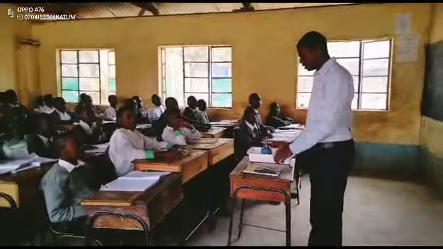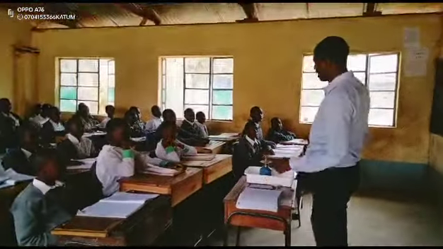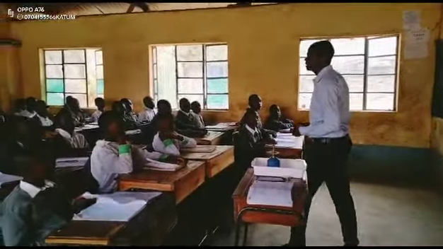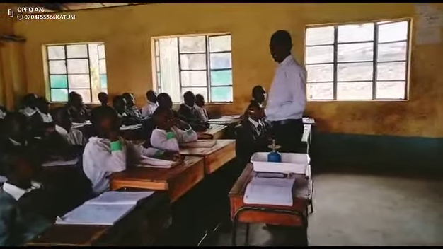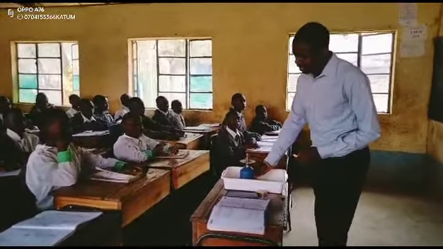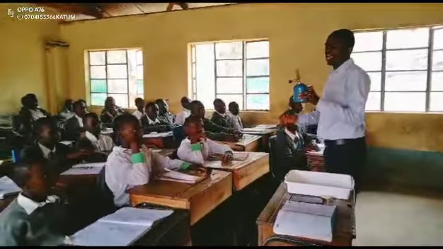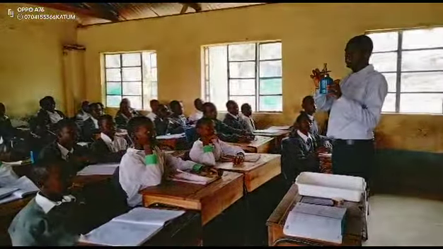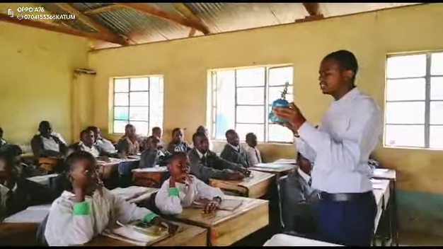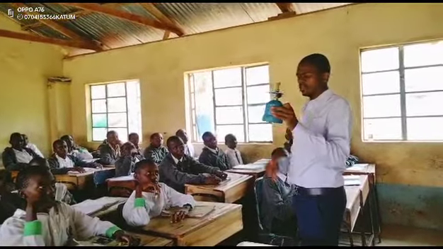Welcome to today's lesson. Today we are going to talk about the Bunsen burner. The Bunsen burner is one of the instruments that are used to provide light and heat in the laboratory. Now, the Bunsen burner has major parts that it contains. We have the chimney. We have the base. So the base is the one that is used to support the Bunsen burner when it is placed on